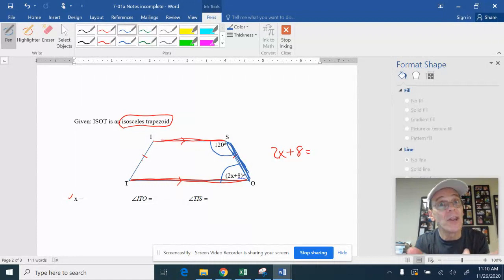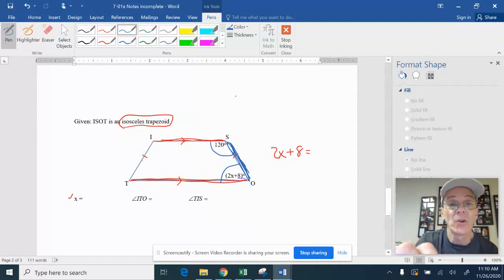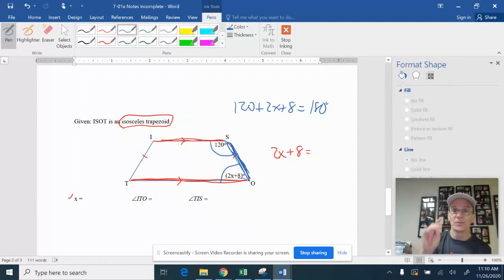Clearly, these two are not congruent, so they must be supplementary. And so you could, I suppose, write this equation, 120 plus 2x plus 8. That's all got to add up to 180. My guess is most of you would do a little bit of arithmetic in your heads, and you would say,